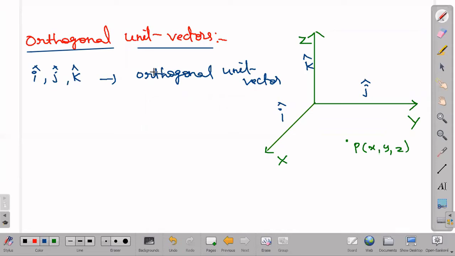So that is about orthogonal vectors. These are mutually perpendicular to each other. When we go into multiplication of vectors, we will come to know about these in detail further. Here we are only seeing what orthogonal unit vectors are, that's all. And what about its magnitude? I cap magnitude, its value is 1. Why is it 1? Because we have already told you that it is a unit vector. Unit vector magnitude is 1. So that is all about the unit vectors concept.